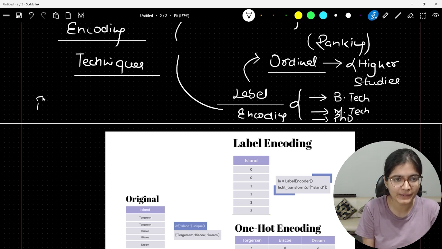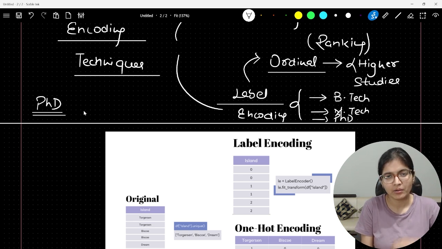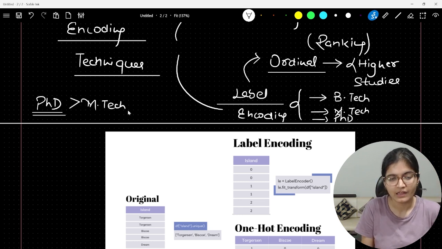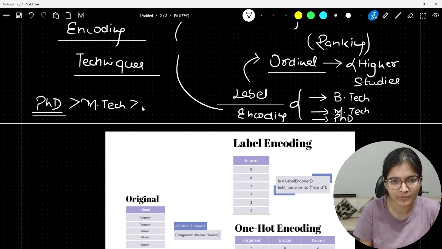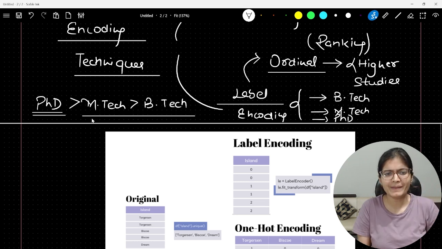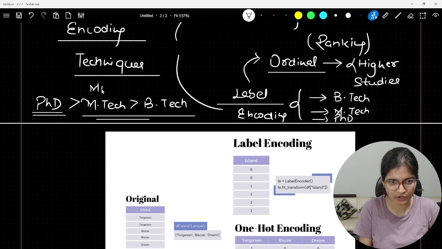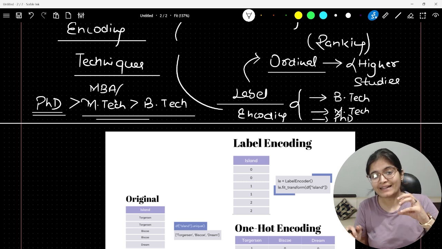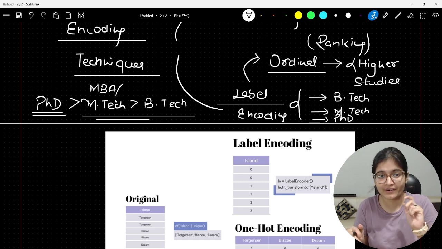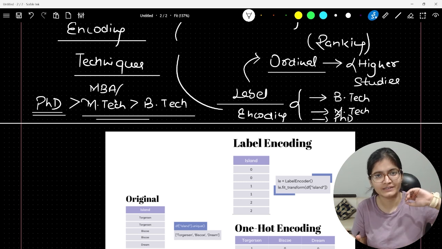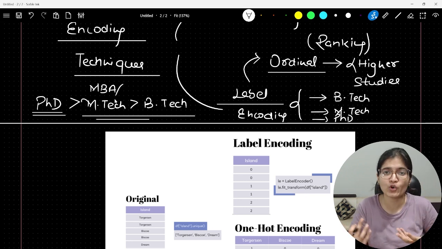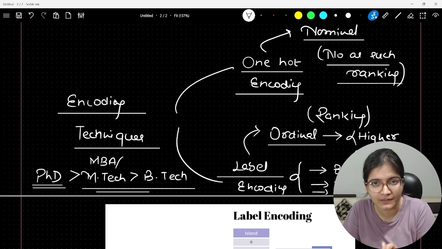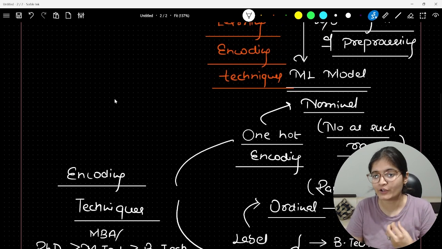We know that a PhD person has a higher priority compared to a person who has pursued MTech, and MTech has a higher priority compared to BTech, and so on. So there is a category, a range, a rank: PhD is superior to MTech, which is superior to BTech. Whenever there is a ranking, we call that categorical feature ordinal. When no such ranking is available, we call it nominal.